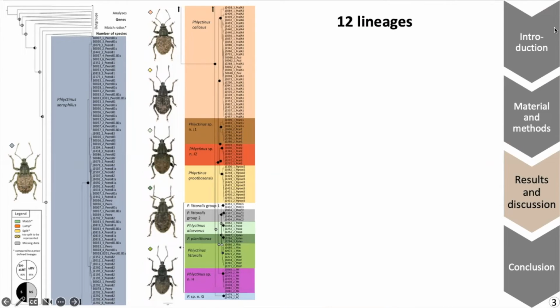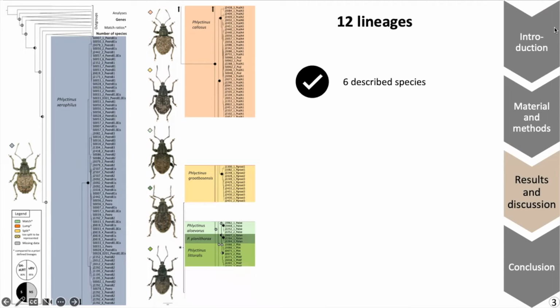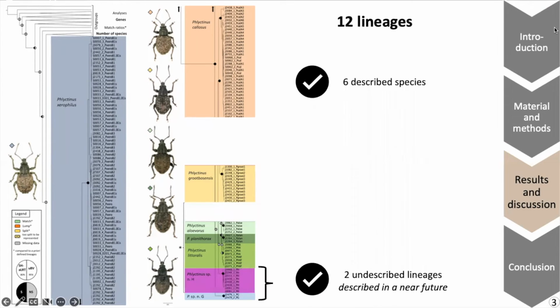Therefore, considering molecular analysis, but also morphology, geographical range, and ecology, a total of 12 lineages were selected. First, the 6 previously described species are supported by clear morphological traits, by their monophyly, and by some of the molecular analysis. Second, 2 undescribed lineages are morphologically distinct, monophyletic, and well recognized by molecular analysis, and will be described